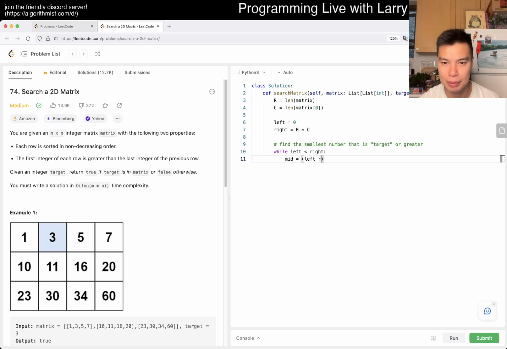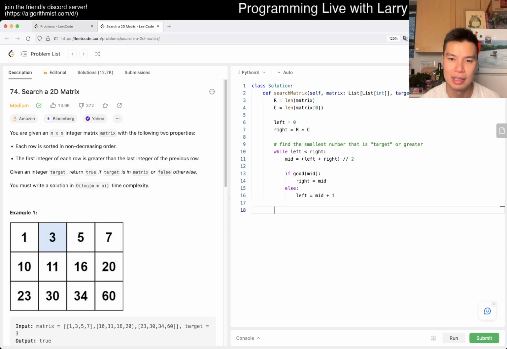So if this is good, and good, of course, in this case, means that it is indeed the smallest number that's target or greater, or it is a number that's target or greater, just not necessarily the smallest. So that means that you want to see if there's a smaller number, and mid is good. Oh, sorry, right is good. Mid is obviously good, but otherwise we have to try and find a bigger index to see it. And then at the end we have to check whether